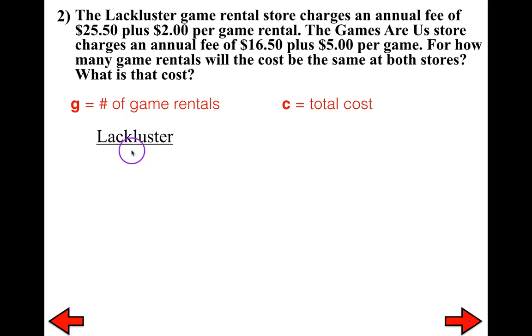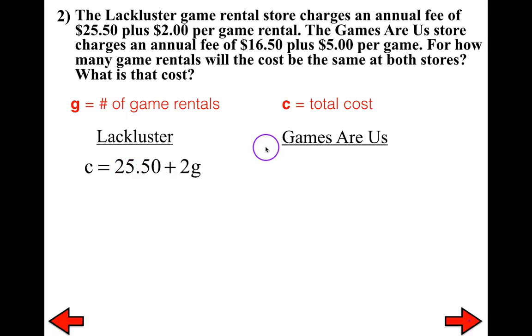Now, we have two different companies. The first one's the Lackluster company and the second company is Games R Us. So now what we're going to do is go ahead and create the equations for these two companies. For Lackluster, it says they charge an annual fee of $25.50 plus $2 per game rental. So here, regardless of how many game rentals, they're going to be charged $25.50. That would be your constant. Now your coefficient is going to be 2 because depending on how many games they rent, the price is going to vary. So I'm going to go ahead and put C, the cost is going to equal